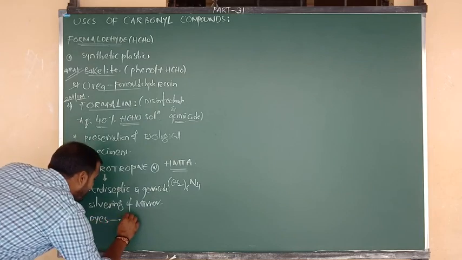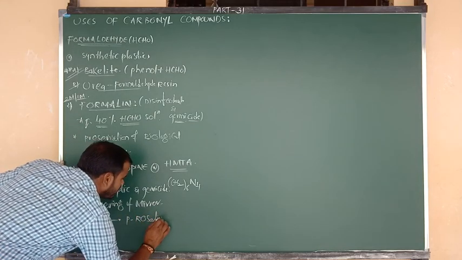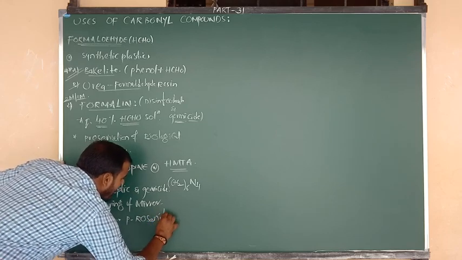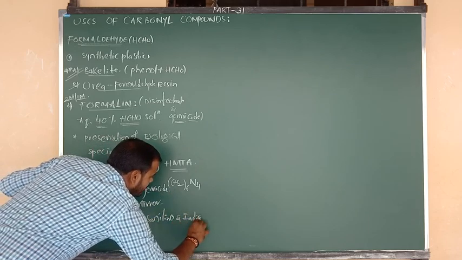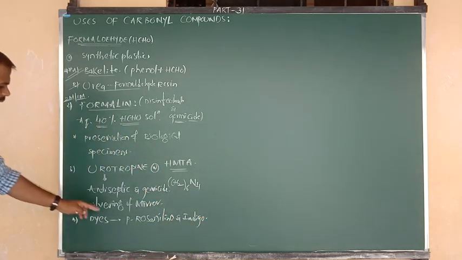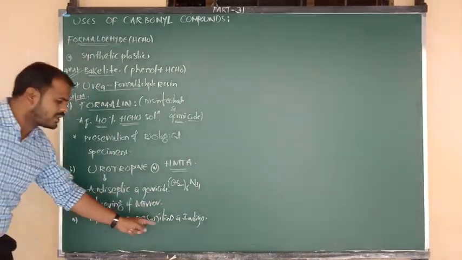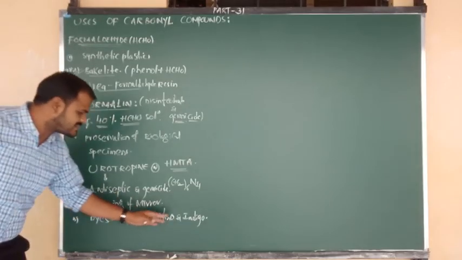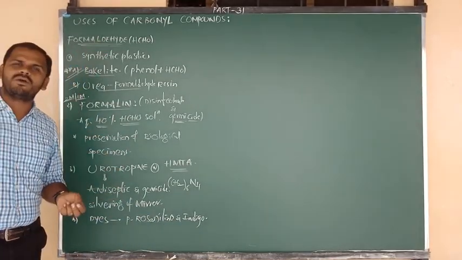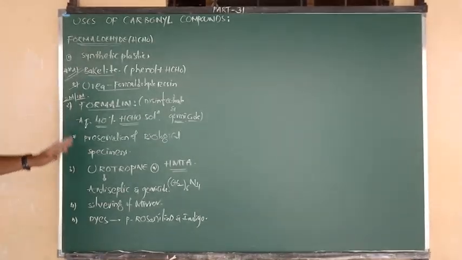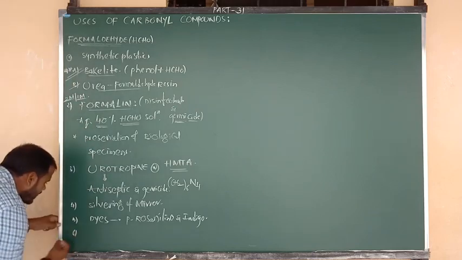In that we can consider the example of para-rosaniline, and one more is indigo. Both are colored substances. Such colored substances or synthetic dyes can be manufactured with the help of formaldehyde. So this is your story about formaldehyde. Yes, and last and final I am going to tell you,